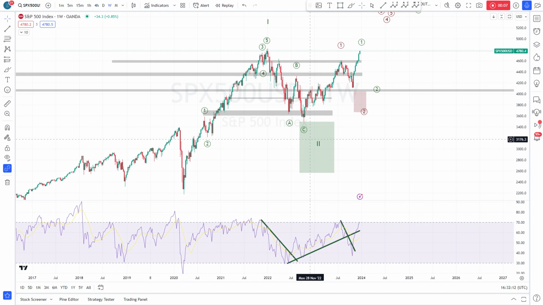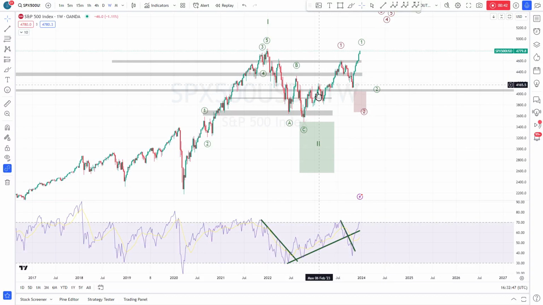For the record, today is Wednesday, December 20th. Time is around 4:30 p.m. GMT. So here we are looking at the weekly chart, and my take on the S&P 500 was that we finished a wave 1 in the higher degree right here. Then we made a wave 2 down. We fulfilled the minimum requirement. We touched the 0.5 FIB retracement, and then from here we started a new upward cycle.